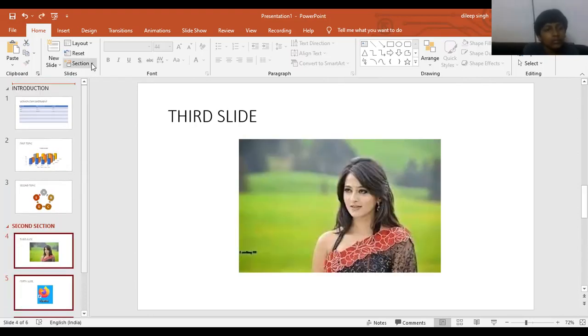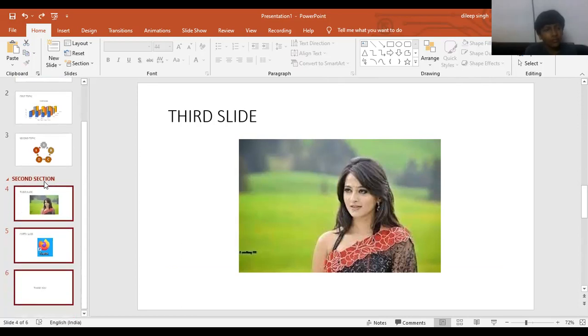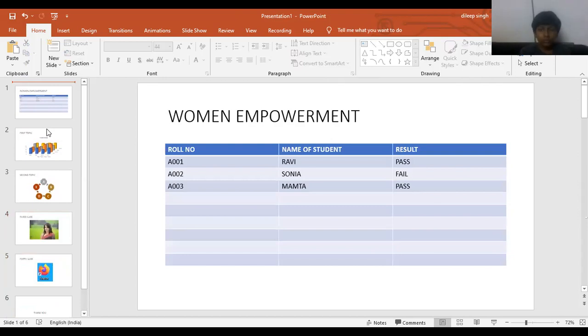Okay. And here's the next option, that is collapse all. When we click on collapse all, it will hide all the slide views from this particular section. If you want to expand all, we will get all the slides in this manner. This is a thumbnail of any slide of your presentation. Okay, understood? So that is the use of section. And if you want to remove the section or remove the name, just go for this option and remove section or collapse or expand. Here we just remove all sections. Click here, it will become normalized. Okay, understood?